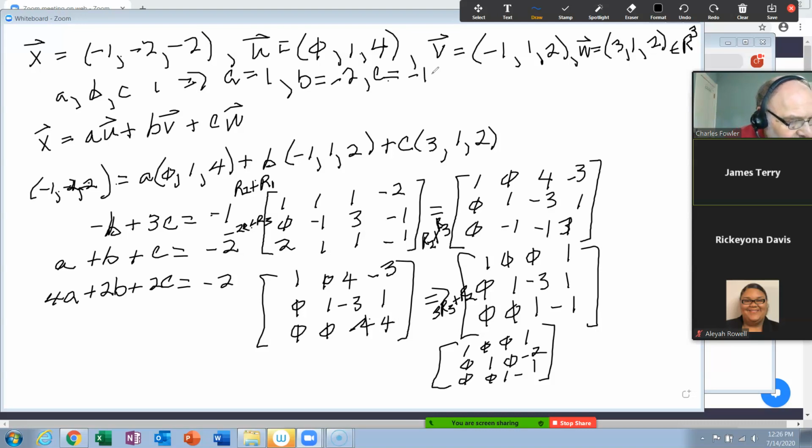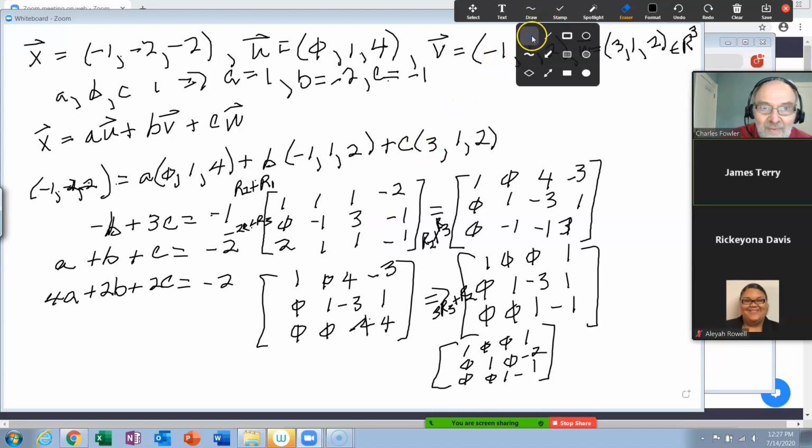Okay. Now all they say here is solve for A, B, and C, and you get A is equal to 1, B is equal to minus 2, C is equal to minus 1. Now, how they write, ooh, that was my fault. That wasn't anything the thing did. Let's see, I want to erase. Okay, now, may not need that anyway.